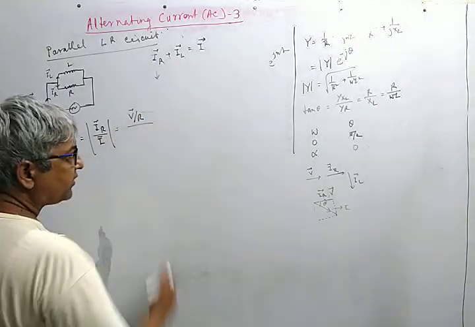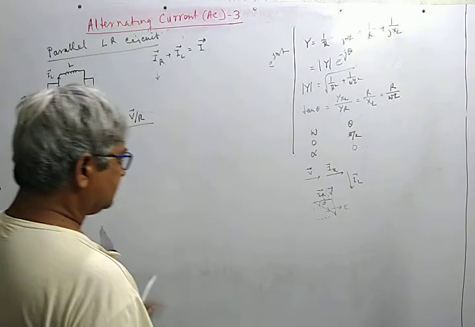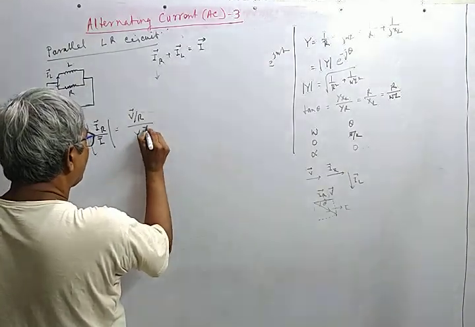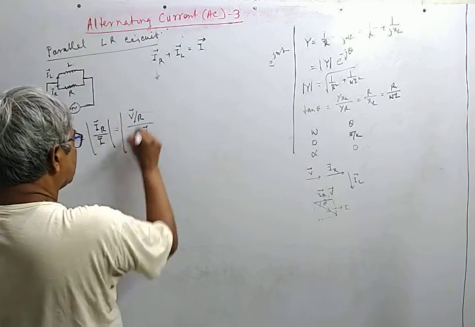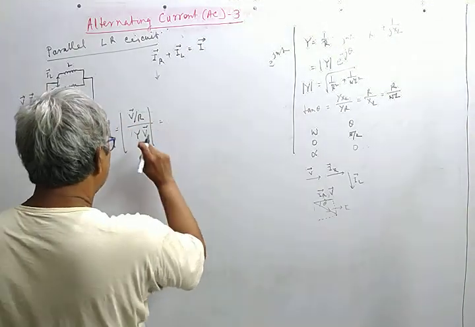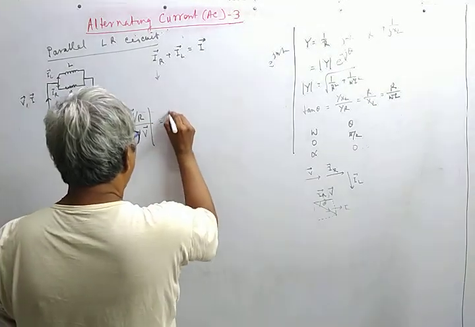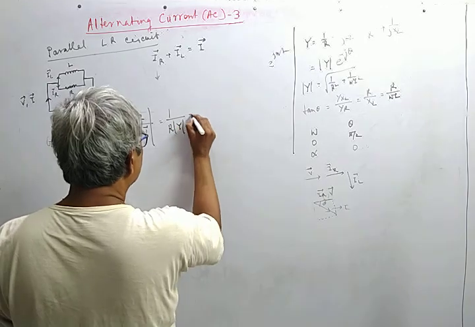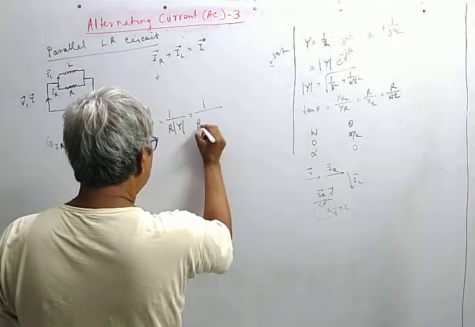And for I we write the modulus, and this becomes, V V cancels out, 1 by R modulus of Y, so this is 1 by R, and